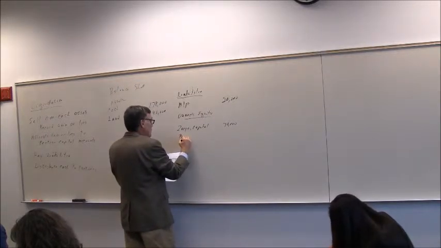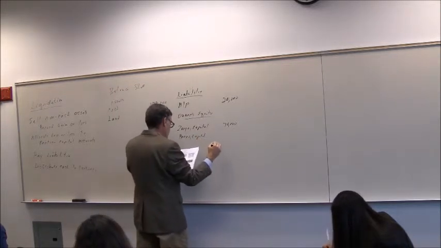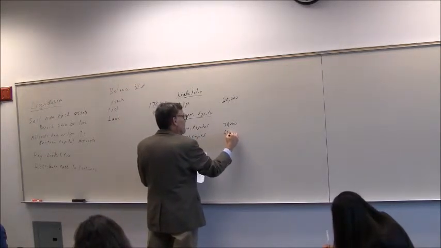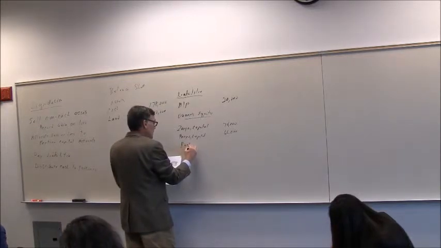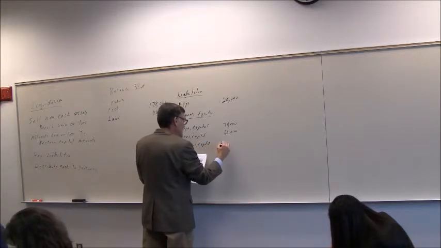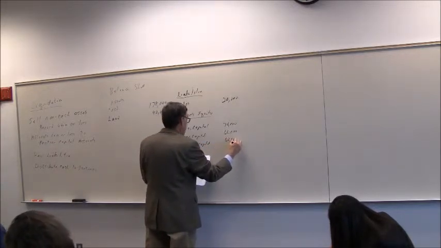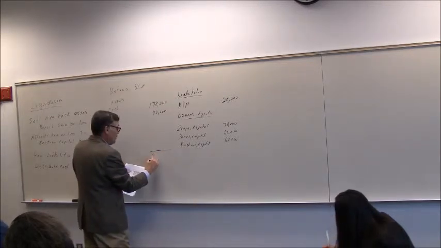Perez, capital of $66,000, and you have Rashid, capital of $62,000. So you total the assets, and they equal $218,000